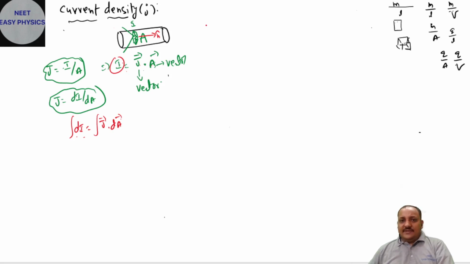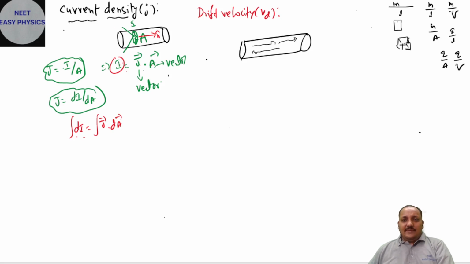This is the definition of current density. Next we come to drift velocity. What is the definition of drift velocity? Normally in a conductor, if you don't connect any voltage or potential difference, all the electrons and the positive and negative charges move in random directions. But whenever you supply a battery to this conductor of length L and area of cross section A,